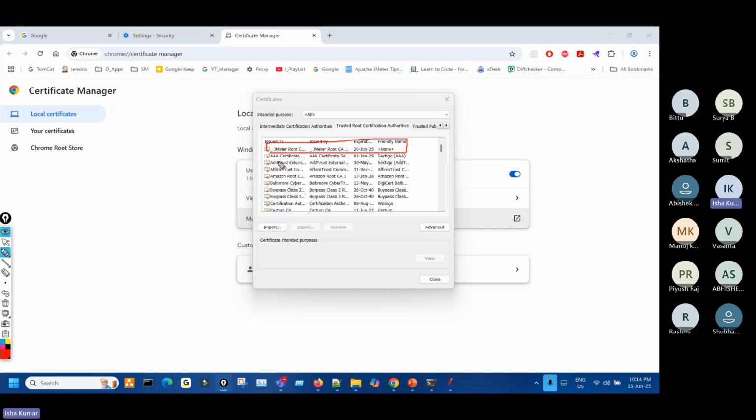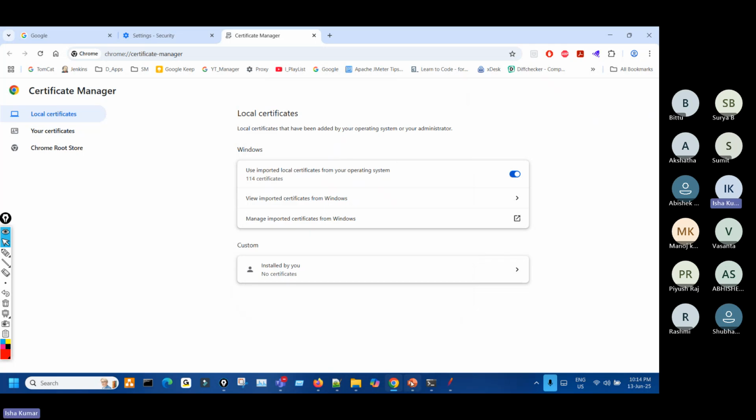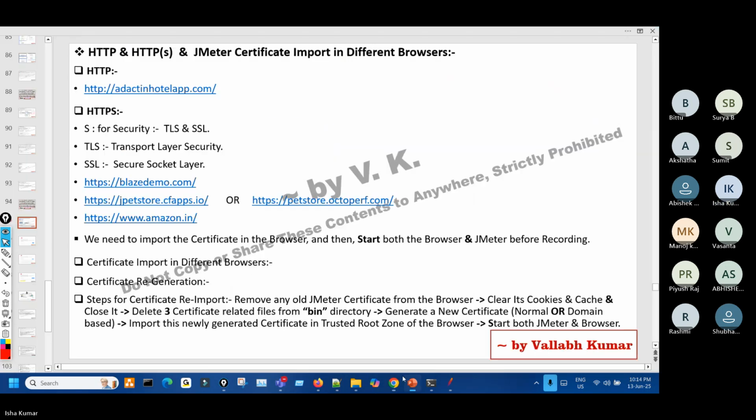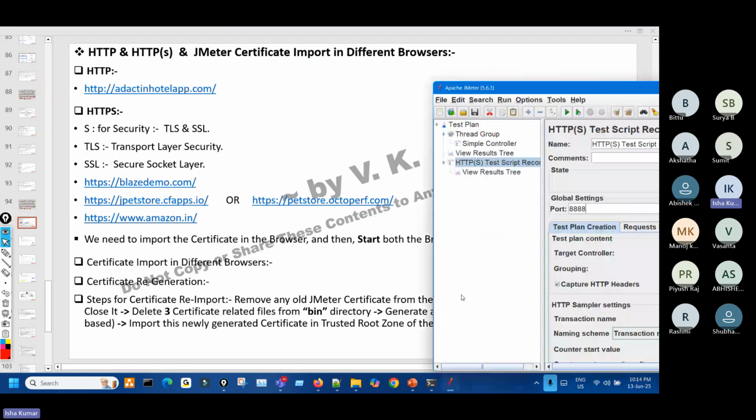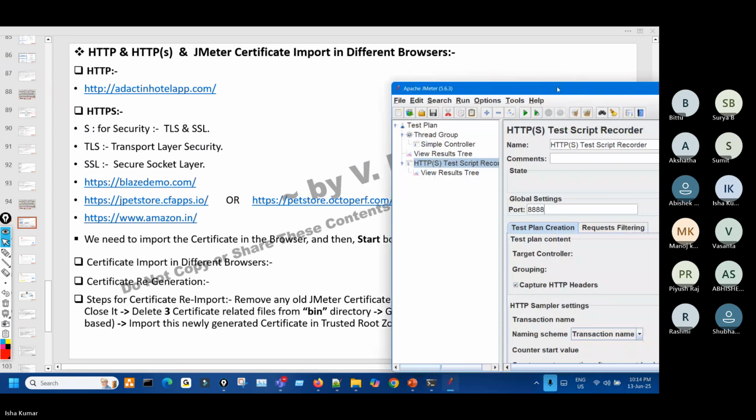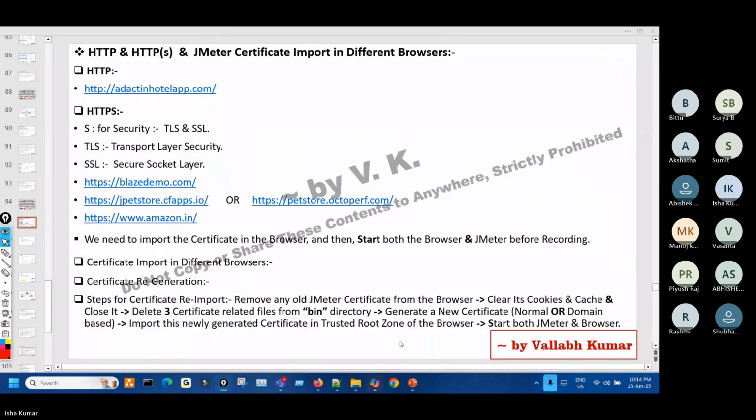So once this is imported in the browser, remember, you have to compulsorily close both JMeter and the browser. Okay. You have to close the browser and JMeter and start them both again. Like you can restart. So close Google Chrome, close JMeter as well. And now first